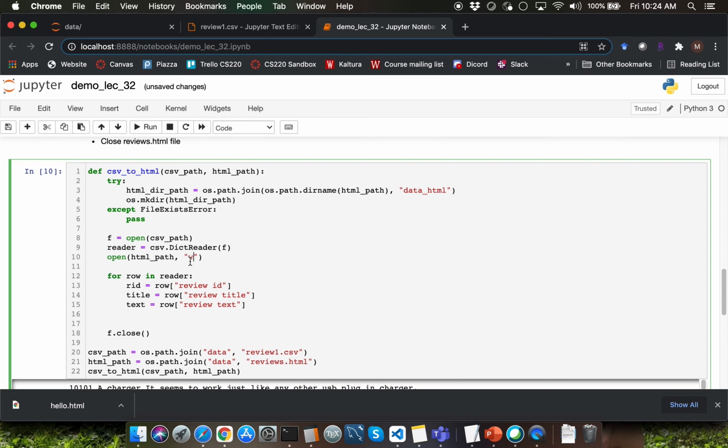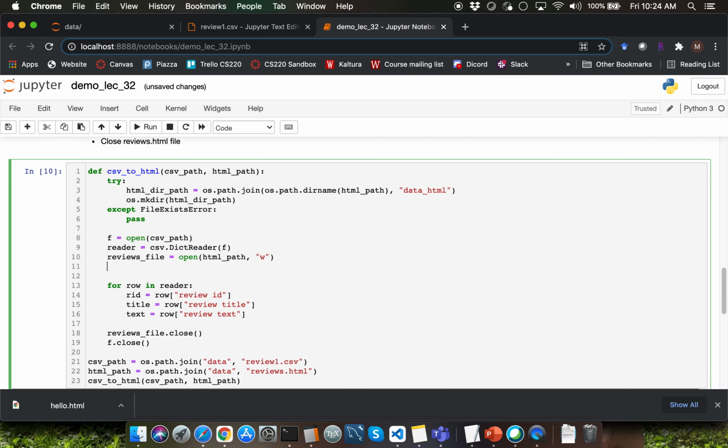This time I'll have to use the second argument by passing the string w to explicitly say that I'm writing contents into this particular file object instance. Be very careful not to use the same variable which you used for the other open function call. I'm going to use my variable here as reviews_file. Right away, I'm going to close reviews_file by typing reviews_file.close after my for loop.